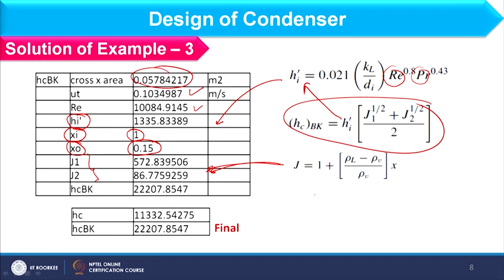So, based on that J value and HI dash value, we can find out heat transfer coefficient using Boyko-Cruzley correlation, which is coming out as 2207.8547. Now, if I compare the heat transfer coefficient which we have obtained from the graph as well as that from the Boyko-Cruzley correlation, obviously this will be the final value. Okay. So, in this way you can find out heat transfer coefficient of condensers depending upon the orientation and the condensation side. Okay. And detailed design of the condenser we have already covered in example 1, which we have discussed